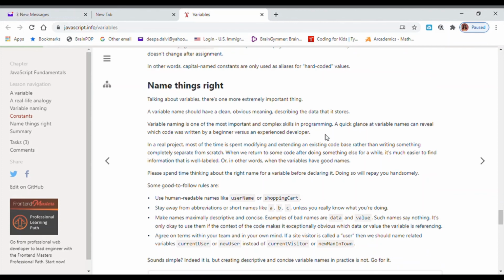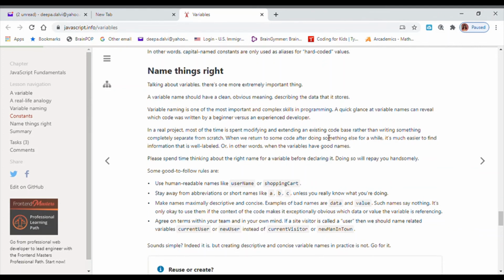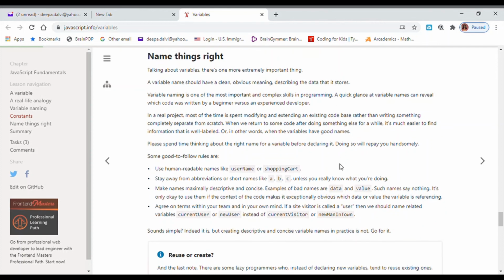A variable name should have a clean, obvious meaning describing the data that it stores. Variable naming is one of the most important and complex skills in programming. A quick glance at variable names can reveal which code was written by a beginner versus an experienced developer. So we all understood these things.